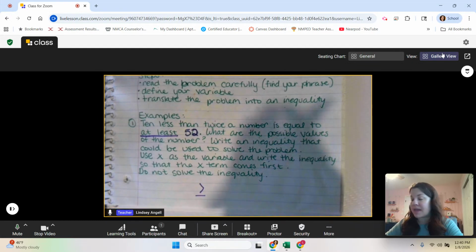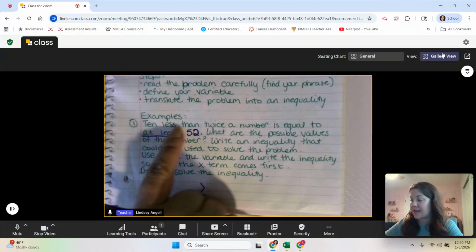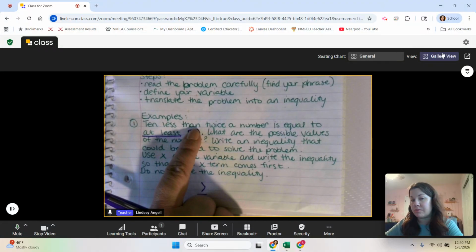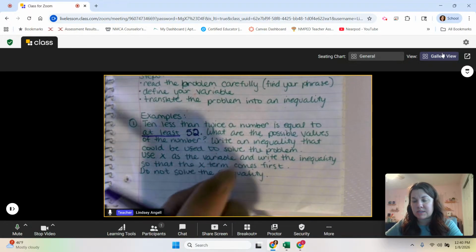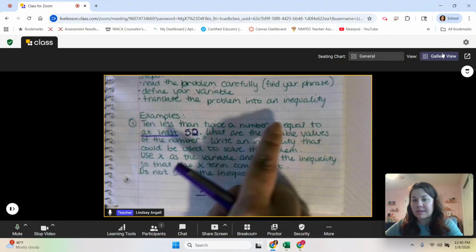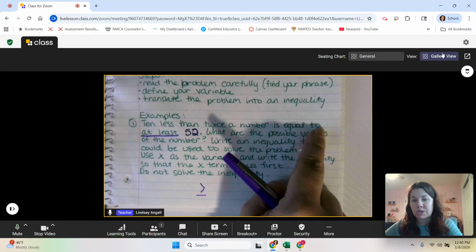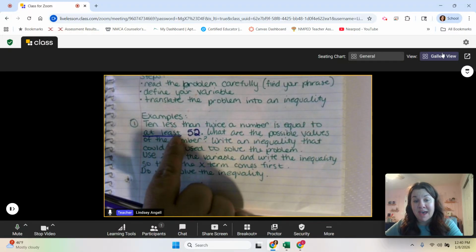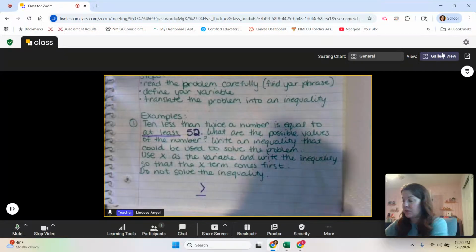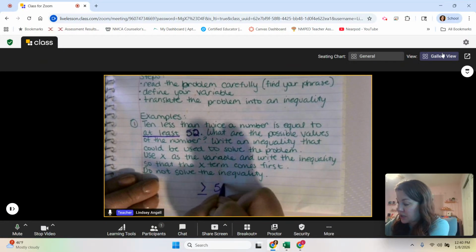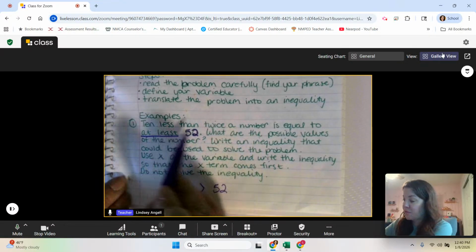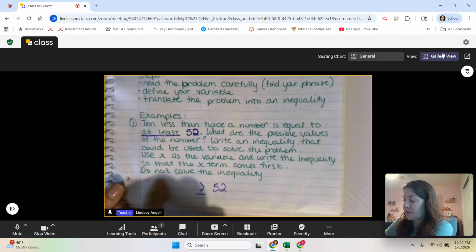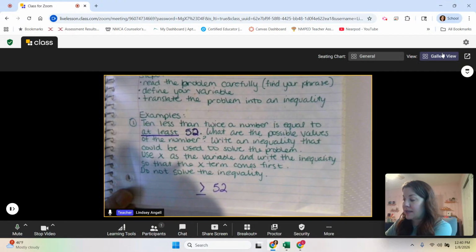Now, I know it can be kind of confusing because notice right here, 10 less than. Well, you're probably like, why didn't you use a less than symbol? Right? But because all this junk, that's what needs to go on the left, whereas is equal to, and then after that says 52. So my 52 is actually going to come over here. All that other stuff that's before that in the sentence is going to come over here on the left. So 10 less than,